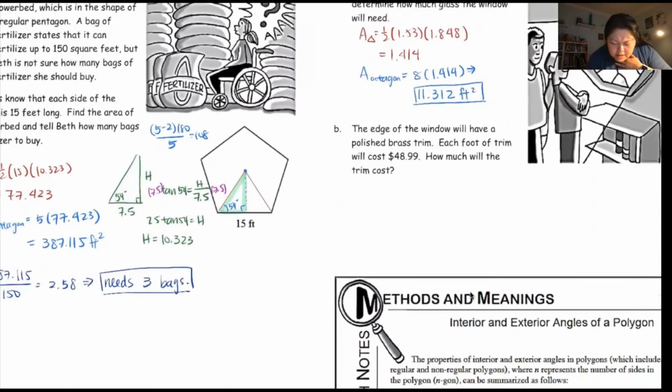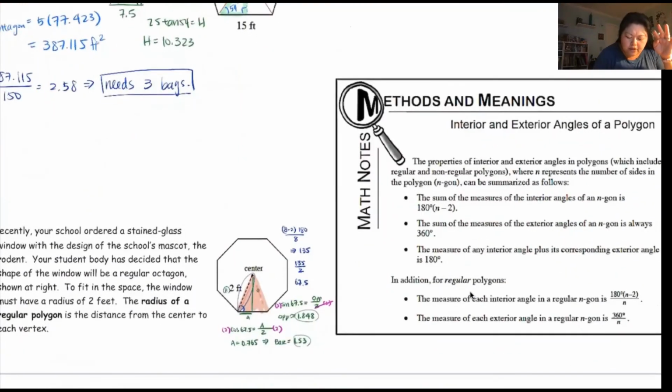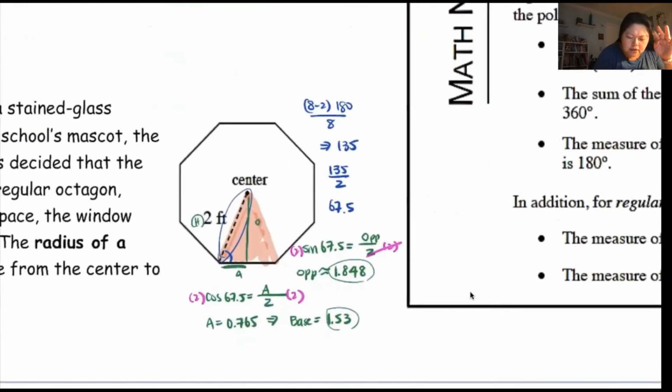Okay. The edge will have a polished brass trim. Each foot of trim will cost $48.99. How much will the trim cost? Okay, so right now we're only looking at the outside, right? We're looking for the perimeter of this thing. So we're looking for, let me see if I can get the color to be a little better. We're looking for this,